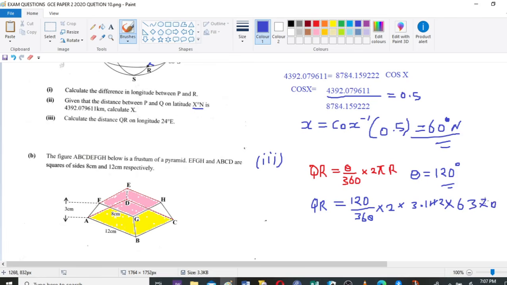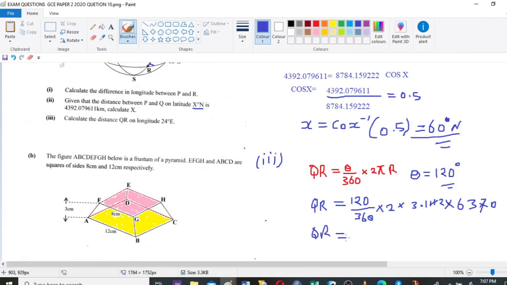So your QR is 120 divided by 360, multiplied by 2 by 3.142,